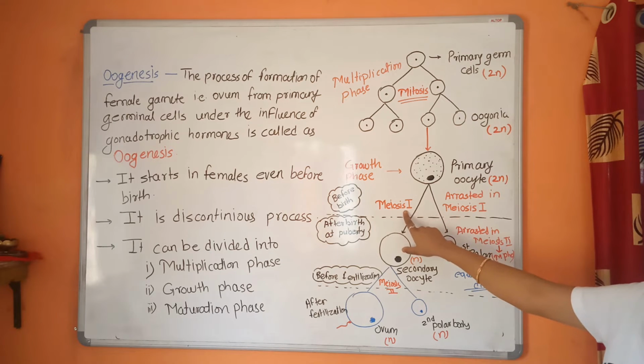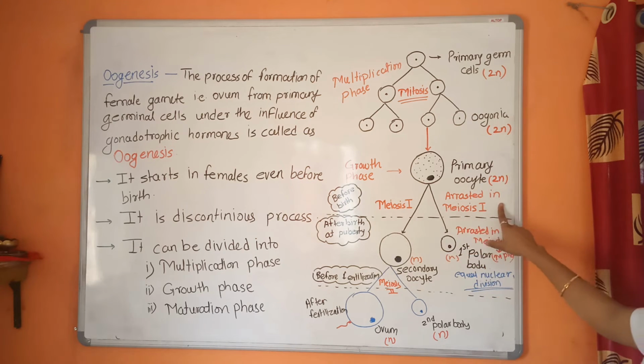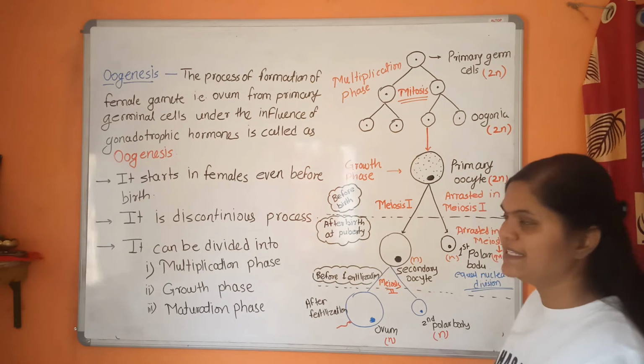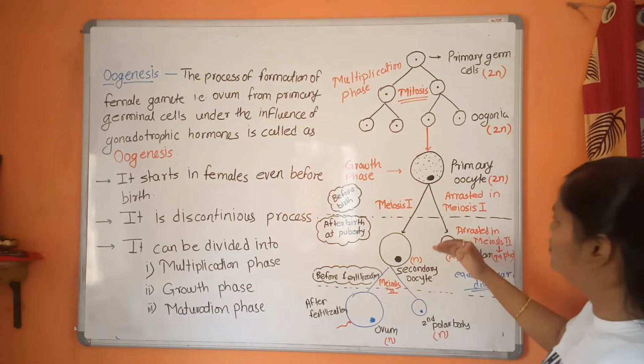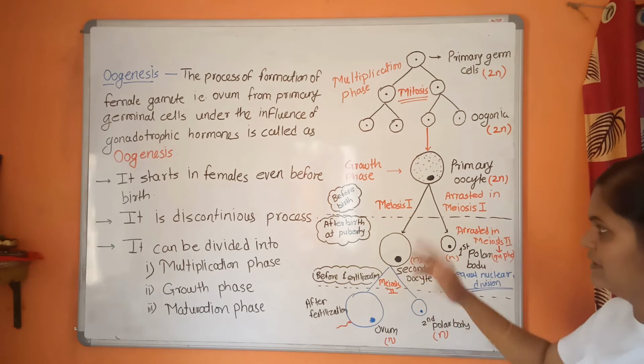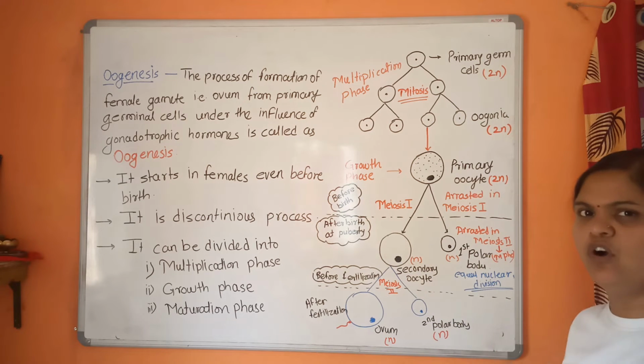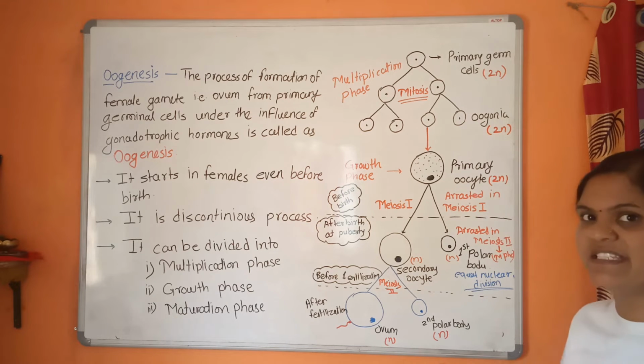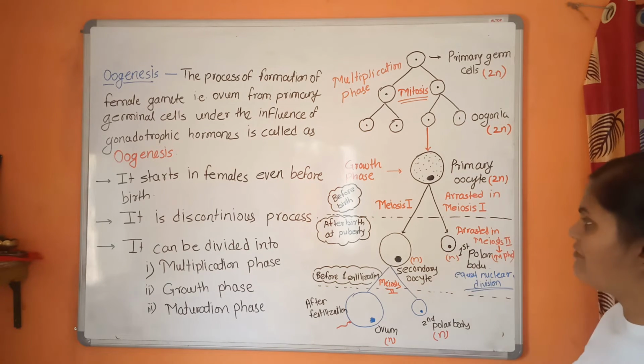Meiosis 1, but it is arrested. Okay, arrested in diplotene phase. So this whole process takes place before birth. Now, after birth, that means after 10 or 12 years, this primary oocyte number decreases, and now after puberty,